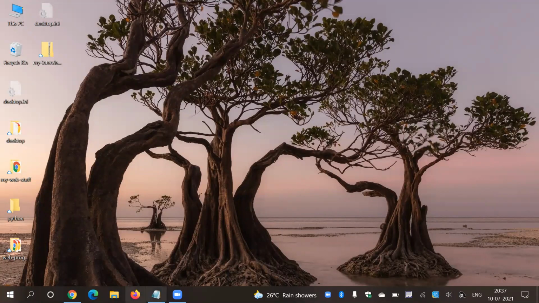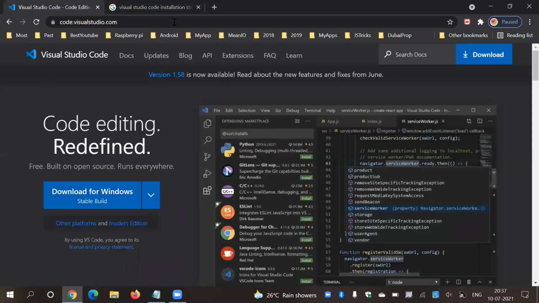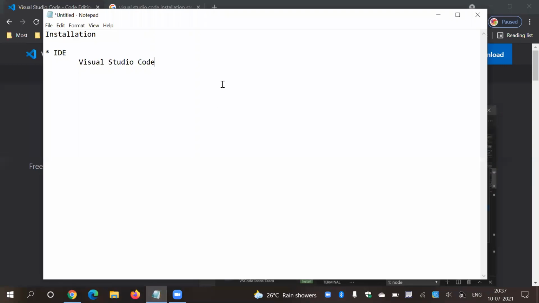So this is the first thing that I already told you. Go for Visual Studio Code, download it, install it, and that's it. If you already installed it and forgot to do that task, just uninstall your Visual Studio Code and install it again. That's it. Then the second thing that you need is npm. Npm means Node Package Manager or Node.